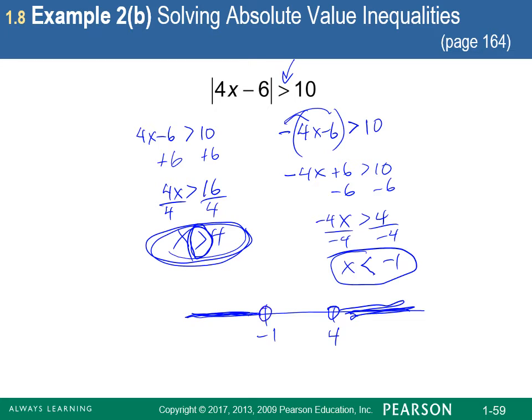Now, the interval notation gets a little trickier. The shading that we have here has a negative infinity on the left, a -1 on the right. Infinity always gets parentheses. This -1, because of the open circle, will be a parentheses also. This shading has a 4 on the left, and infinity on the right, with parentheses